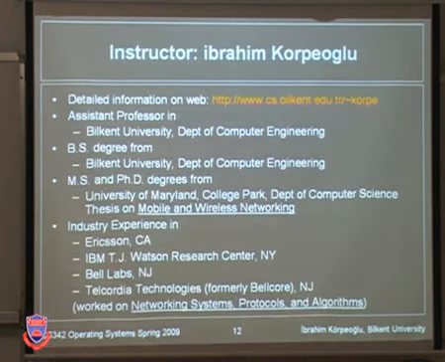All right, so what about me? My name is Ibrahim Korpeoglu. And you can obtain detailed information about my work and so on from my website, but I will introduce myself very briefly. I'm an assistant professor in the Department of Computer Engineering of Bilkent University. I received my BS degree, undergraduate degree, from the same department, Bilkent University Department of Computer Engineering, where you are now. And I received MS and PhD degrees from University of Maryland College Park,